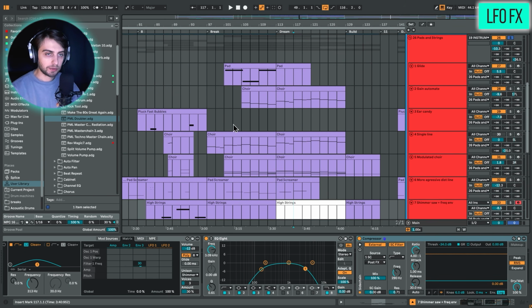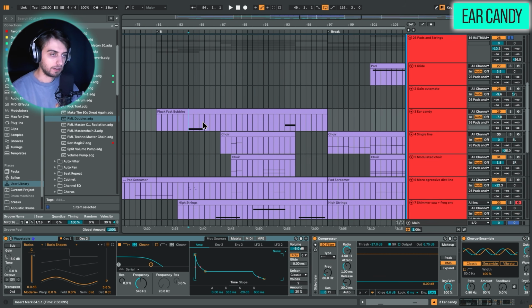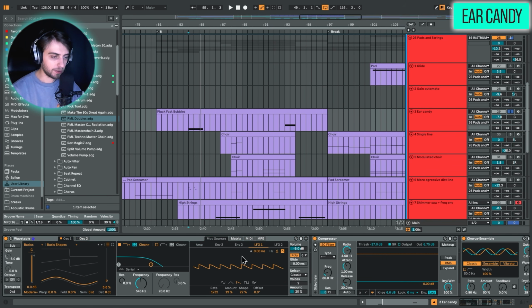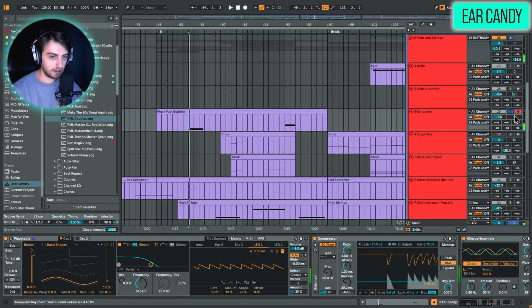And we also have a bit of ear candy here over here, so this is the track. We are just using a simple sine wave to create this, and also an LFO to modulate the gain. So we are creating this sort of plucky sound, which fits in the background, and you never really pay attention